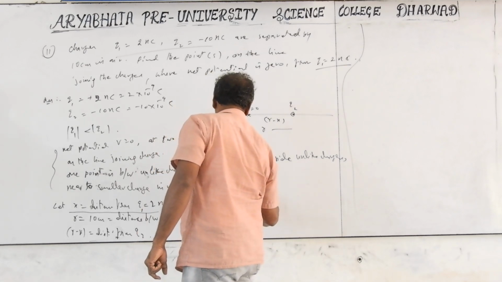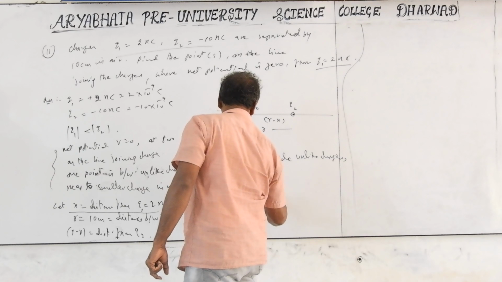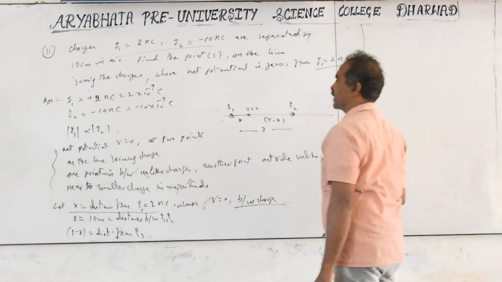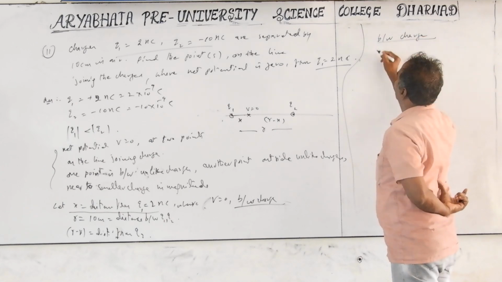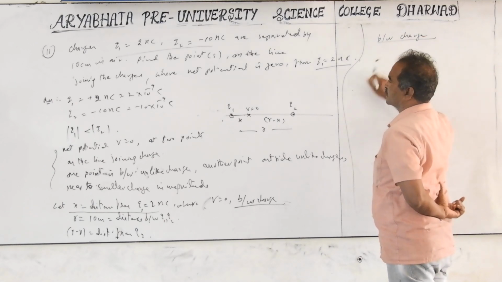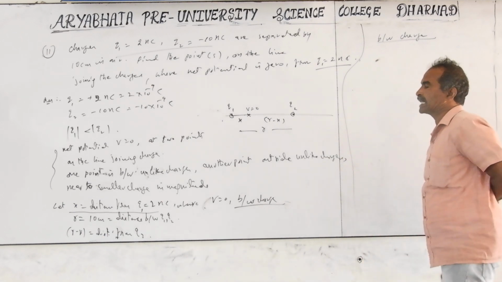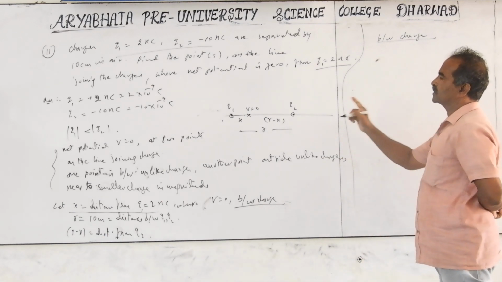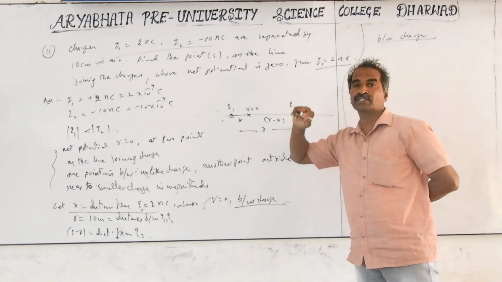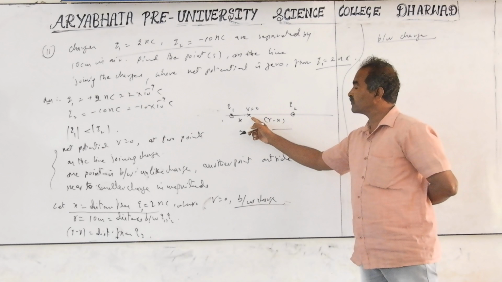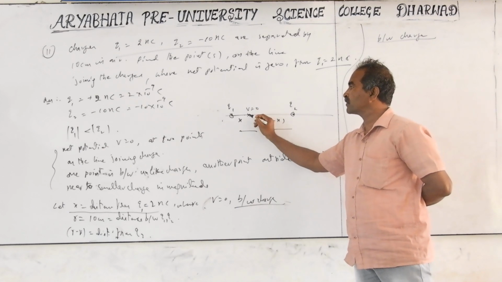This is between the charges. First we will take between the charges, so we take x as the distance. Look at the diagram; better to draw the diagram in the examination. At this point, the null point, at 0 potential, we don't call it a null point. A null point is for electric field, where the net electric field is 0. So for the null potential point, V1 must be